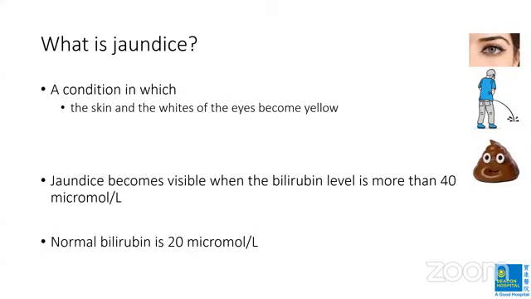Now, what is jaundice? It is a condition when the skin and the white of your eye, if you can see here, the white of your eye becomes yellow. That is called jaundice. All right. And together with that,